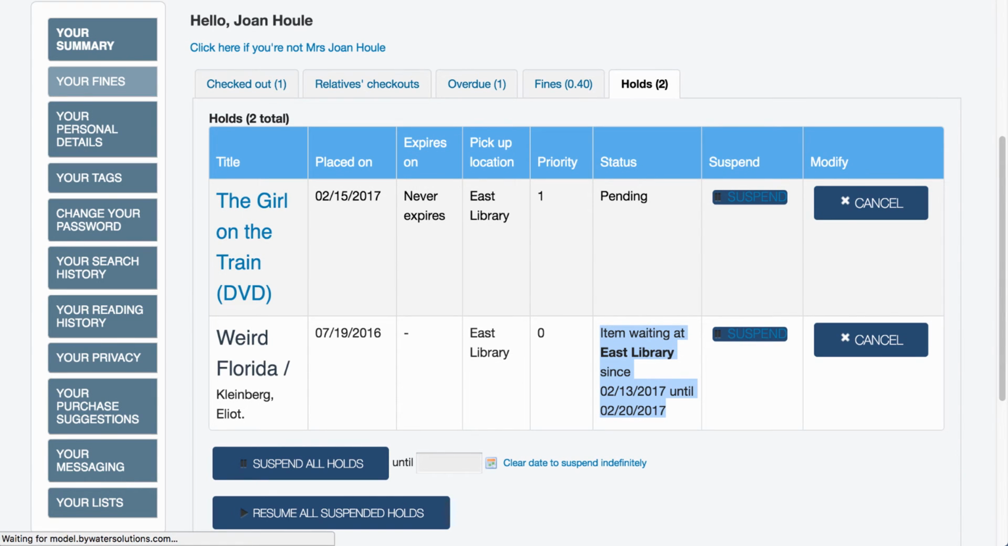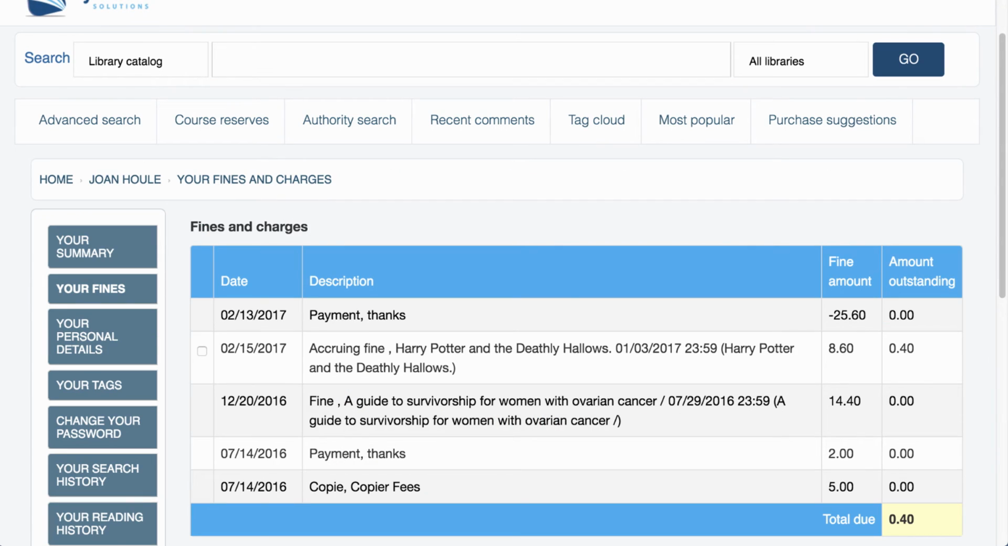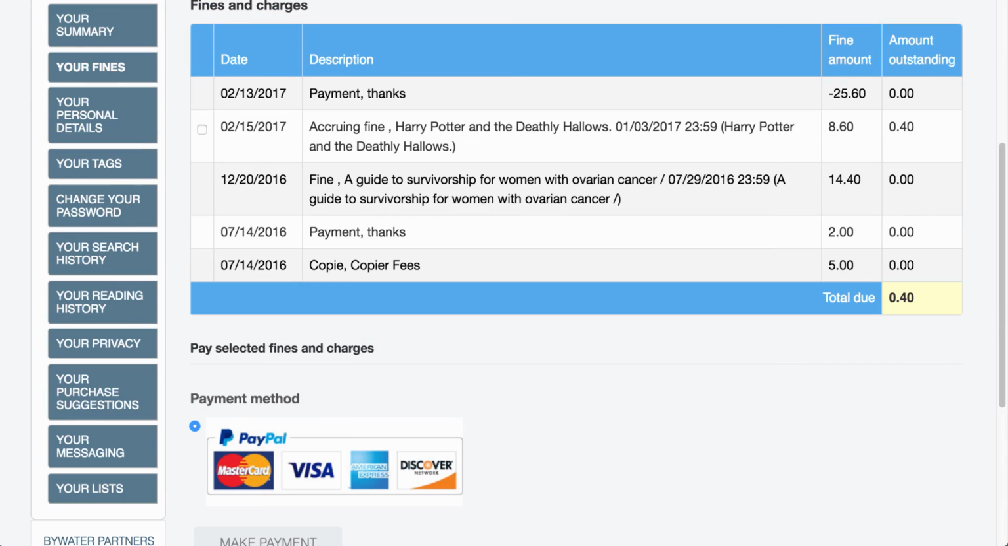My fines tab is going to give me a quick breakdown. It's going to show me what I have paid. So here you can see I have an accruing fine. I can see that I made a payment back in July and anything that I have still sitting back on my account. I can do other great things in here too, like change my password, reset my reading history if